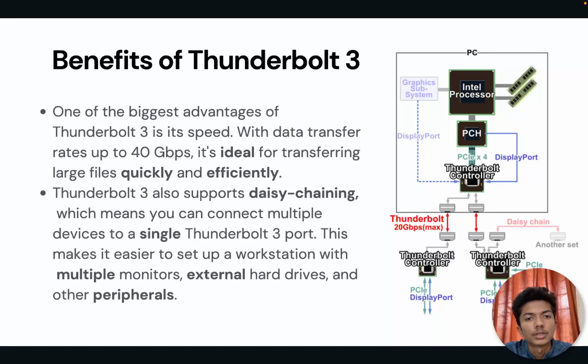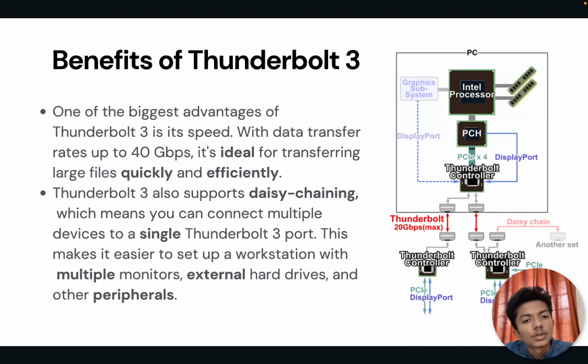Benefits of using Thunderbolt 3: one of the biggest advantages of Thunderbolt 3 is its speed. With data transfer rates up to 40 gigabits per second, it's ideal for transferring large files quickly and efficiently. So it can be used for transferring gigabytes and gigabytes of data very fast without any